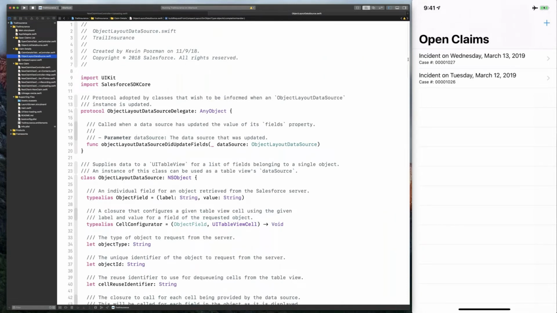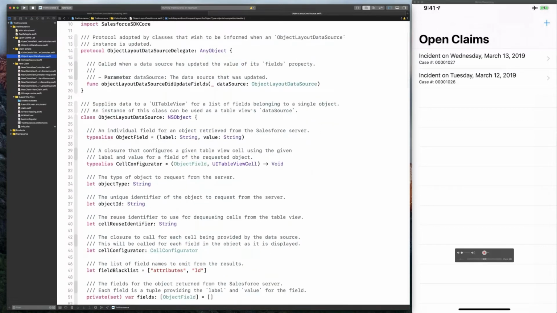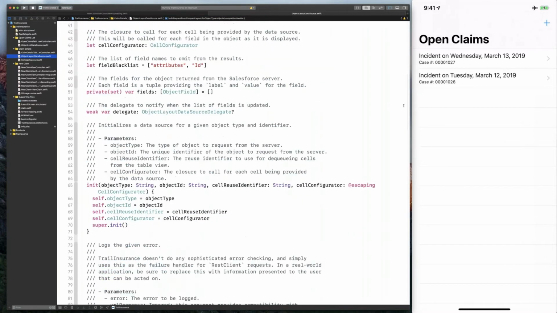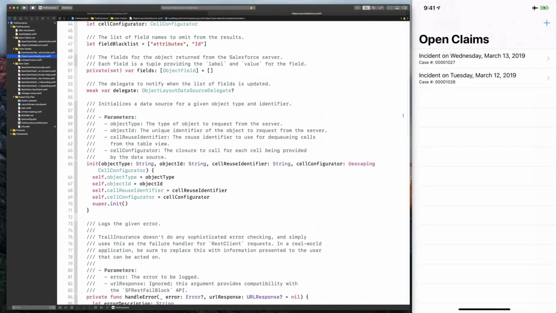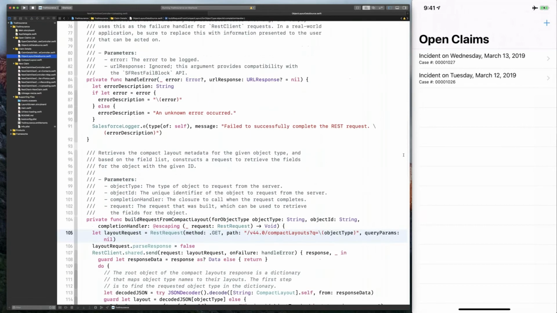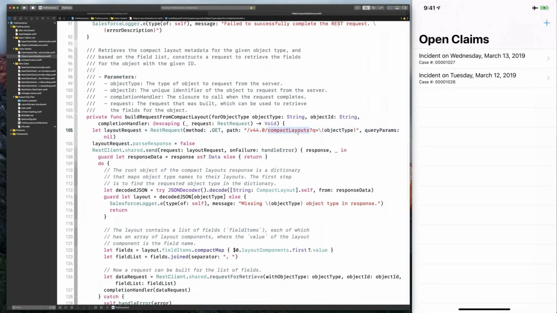Why layout data source? Well, the layout data source comes from the way I use custom layouts to pull this information. But what we're doing is we've got a query here down at the bottom where we are making a call to grab the compact layout for our object, in this case, a case. Now, I'm passing in that I want the compact layout for a case. I've only got one compact layout identified. It's going to give me the active one in any case. So I'll get my active compact layout type, and I'm going to pull from that through decoding the JSON